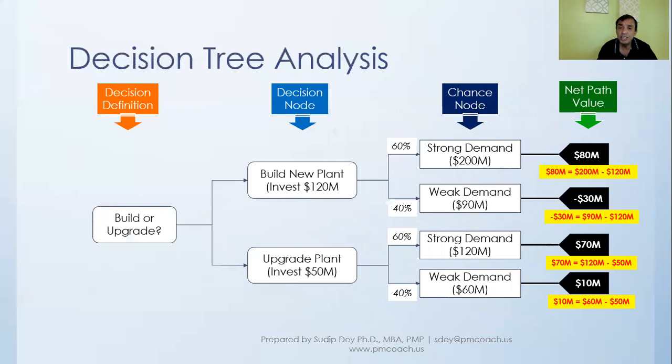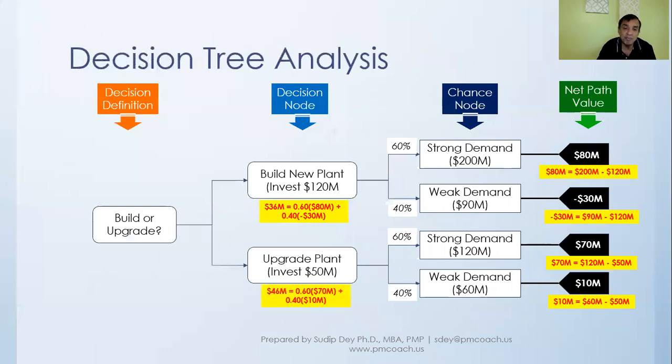Then we go and look at the expectation, the mathematical expectation, or expected monetary value for the build new plan. Essentially what we do is look at each of the paths and apply the probability. So you see 0.6 times 80 million plus 0.4 times minus 30 million. This is what we have calculated, and we got the expected monetary value of the build new plan as 36